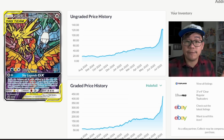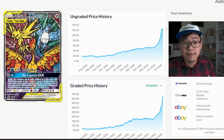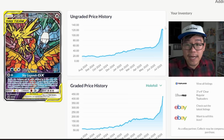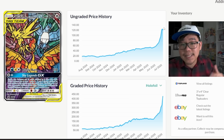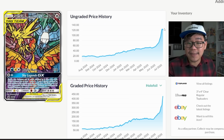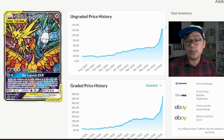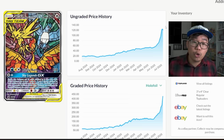I have multiple copies of the Stained Glass Bird Trio, and you bet I'm willing to sell this card at $125 raw. That's actually a great price. I would love to sell this card, but I have to go into my closet, find where I left all my copies of Stained Glass Birds, take photos of them, list them online, and sell them, and that's a lot of hassle for me. And I haven't done that yet. If I could immediately convert my copy of the Stained Glass Bird Trio into $125, I probably would. But because there are inefficiencies in the market, because there are barriers for me to immediately make that transaction,